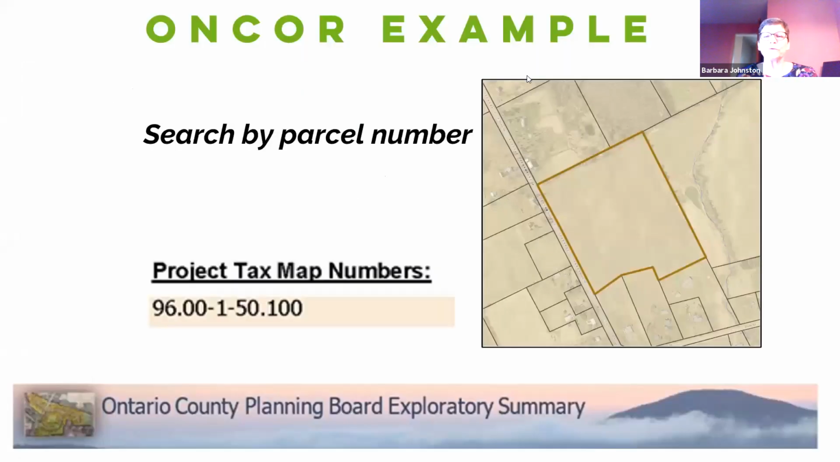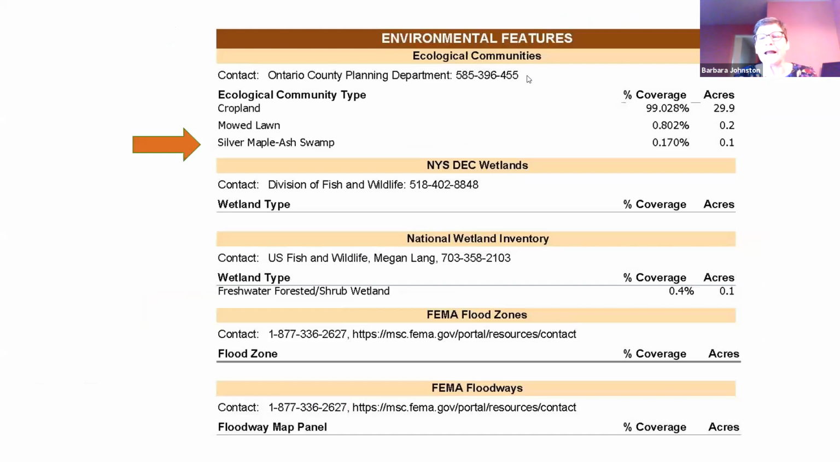So just to run through the Encore, and if anybody hasn't looked into that, I recommend it. It's very interesting. If you go to Encore, you look for the County Planning Board Exploratory Summary, and that's available to anybody in the public. So you look for that tool, click on that. You can either search for a parcel or zoom in. I just happened to click on a parcel more or less randomly and ran the example using that as a model. So this parcel happened to have a tiny bit of silver maple ash swamp, which is one of the